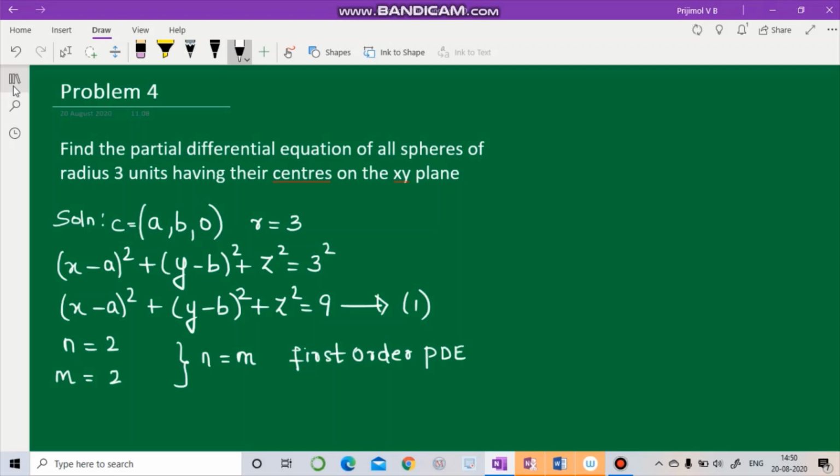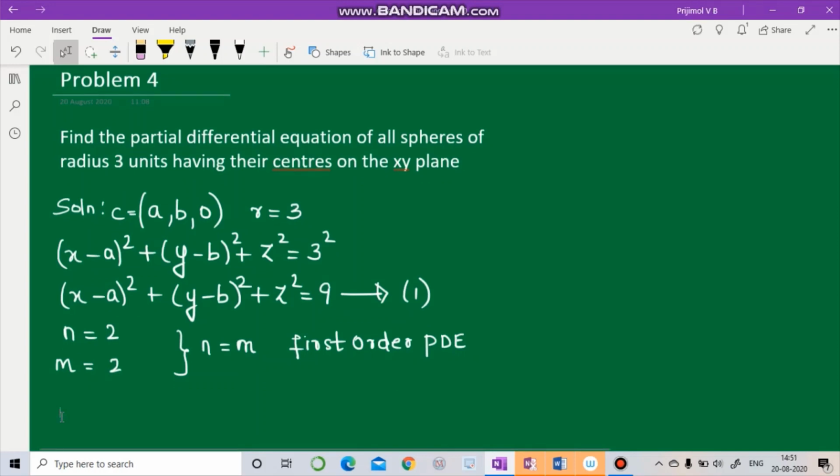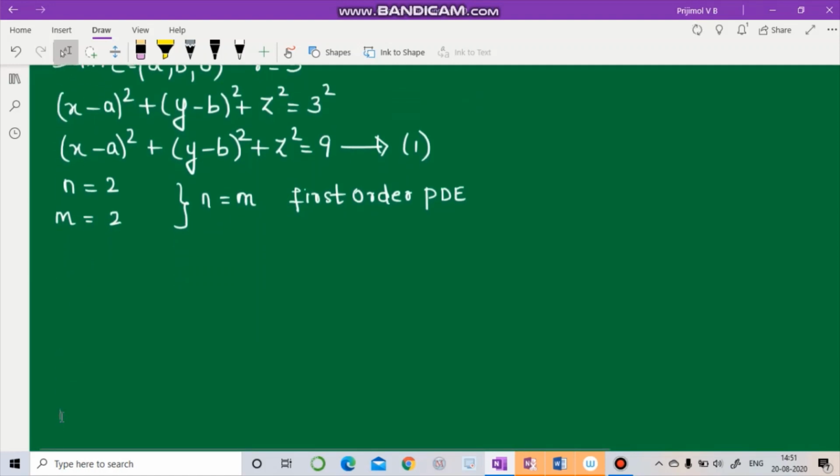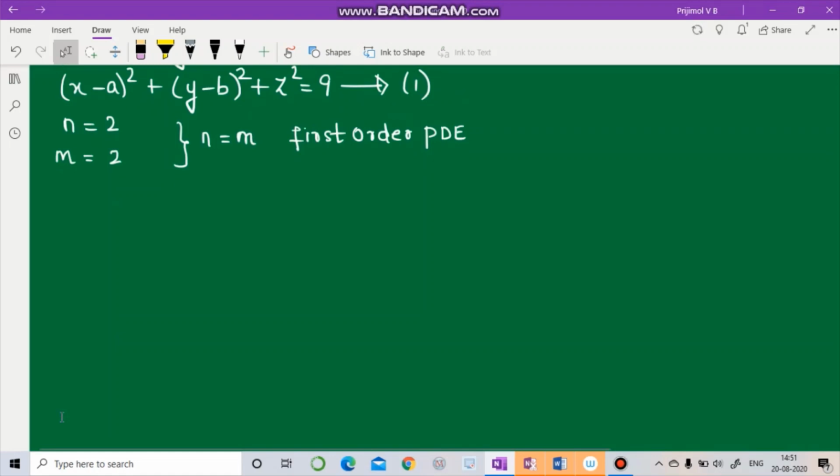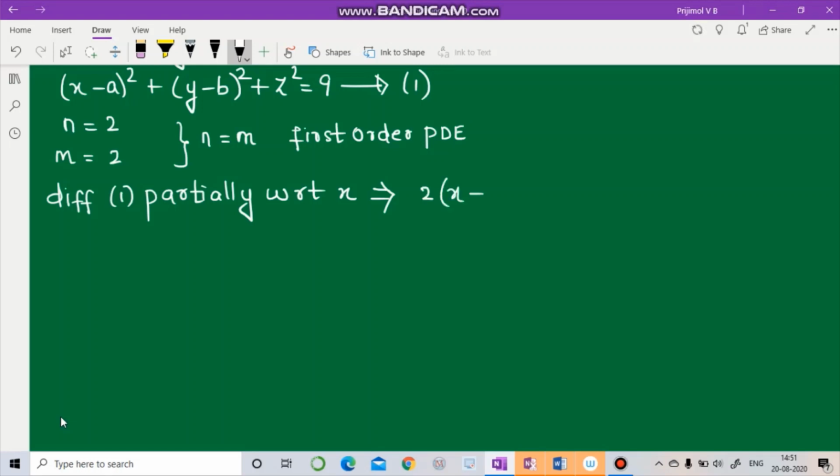So for a first order partial differential equation, what you need to do is find p as well as q. So from the given equation, equation number 1, let us differentiate this partially with respect to x. So differentiating equation 1 partially with respect to x, you get 2 into x minus a